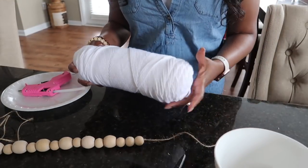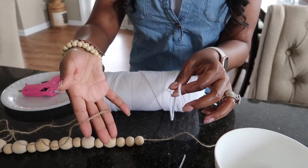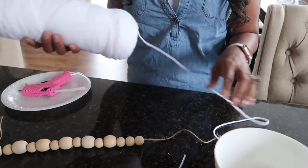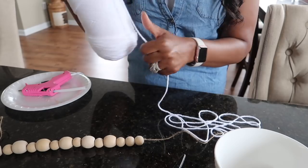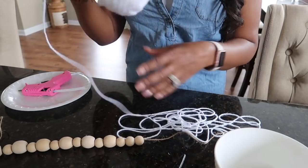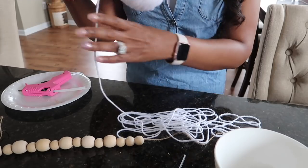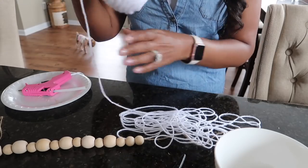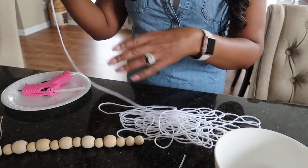Okay, so now that we're done, you get the end of your string, your twine, whichever you prefer to use. In today's video, I'm going to be using the yarn, and I'm going to take off pretty much as much yarn as I think is necessary to create my tassel. I think that the thicker the tassel, the better it is. That's just a preference as well. You can make your tassel as thick or small or thin as you like. It's a personal preference. And like I say, you don't have to use yarn, but what I like about yarn is that I could pick different colors